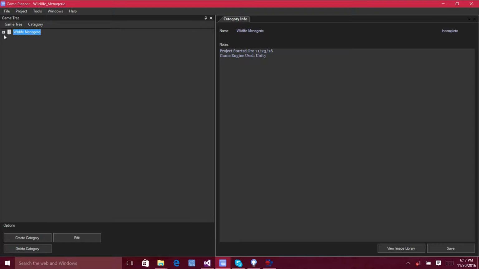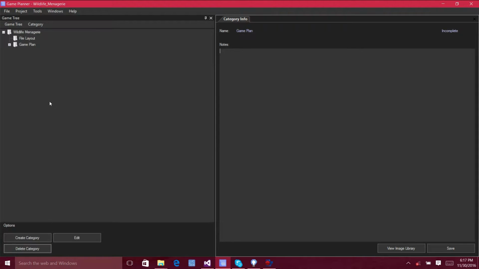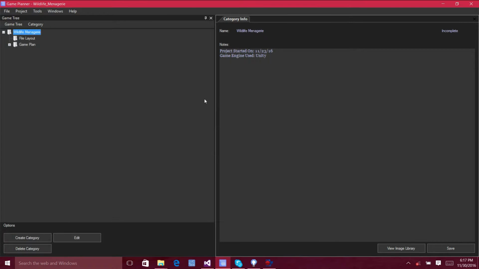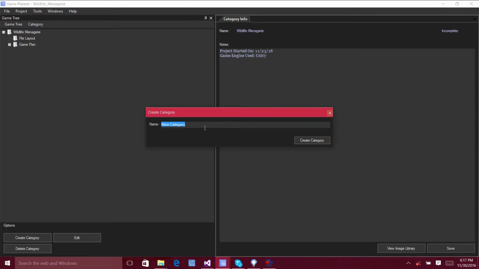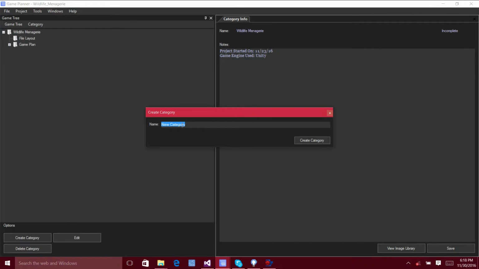Anyway, what I'm going to do here is create a new category. As you can see, the create new category option has been created again. It's been made so that you can name your category when you create it. So yeah. Why do I keep doing that? I just exited that thing twice. Okay, we'll name these multiple